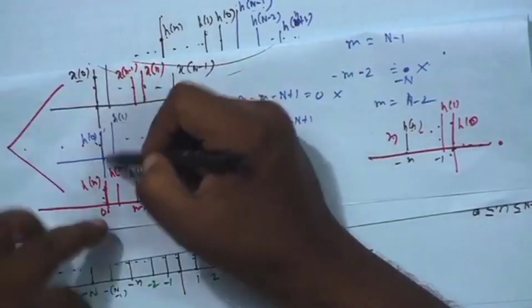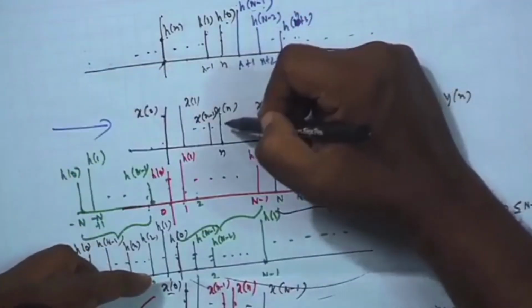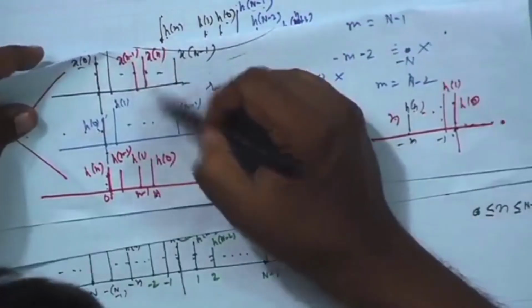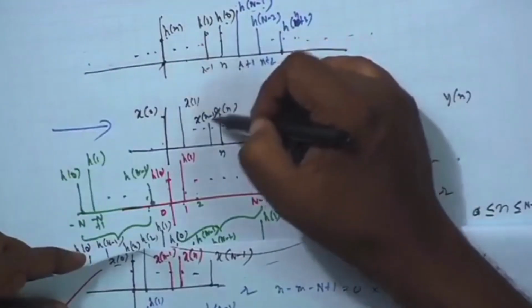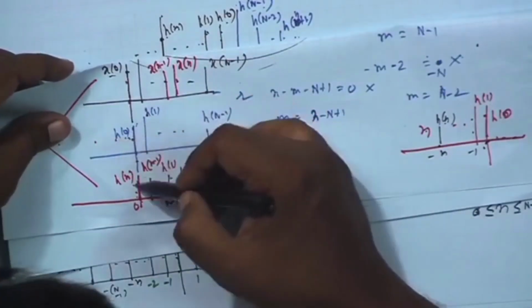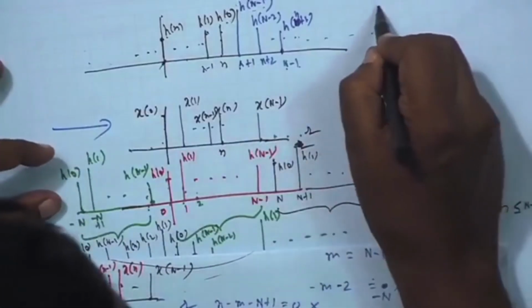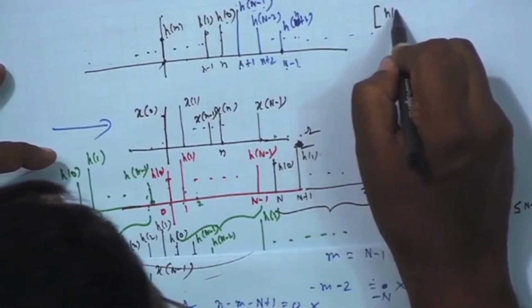Then if you multiply these two, you get H 0 x n, H 1 x n minus 1, up to H n x 0. That part gives the linear convolution part, that is H 0